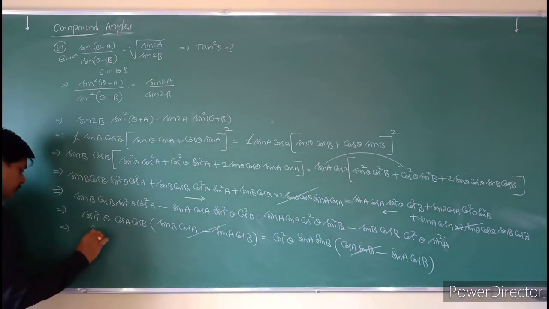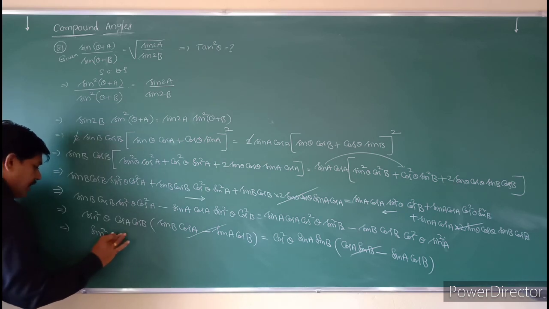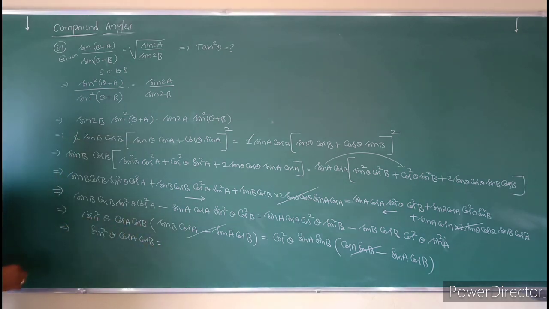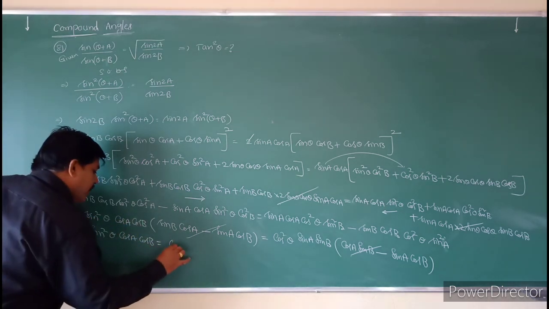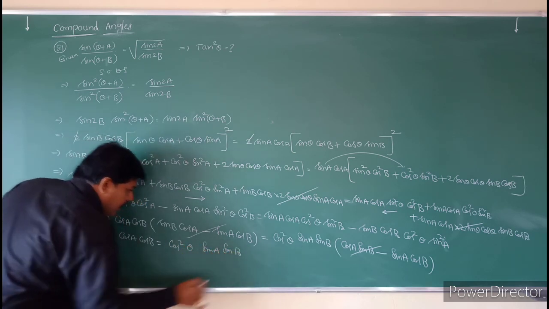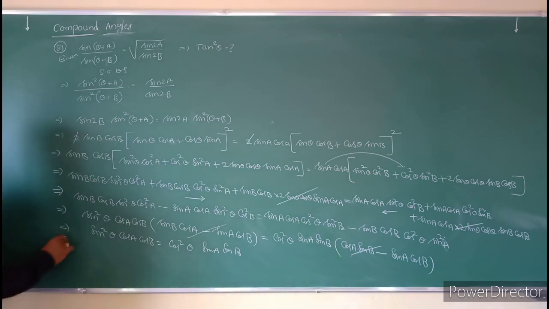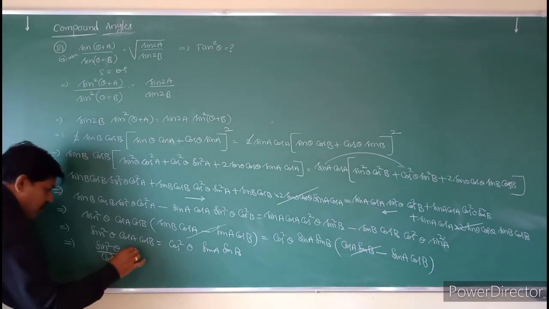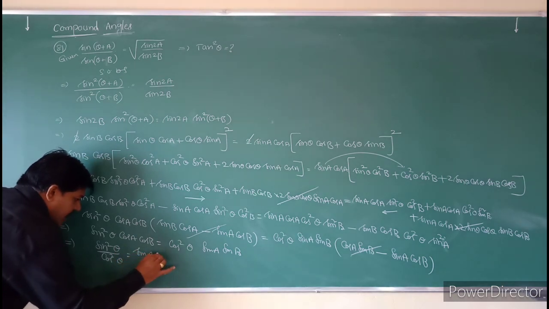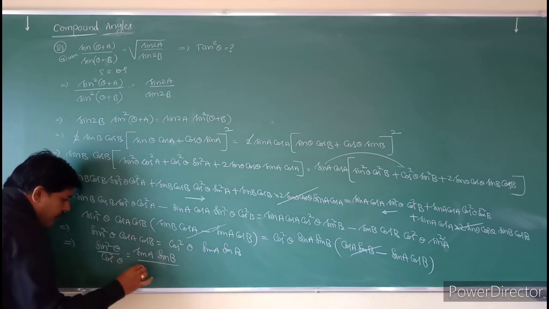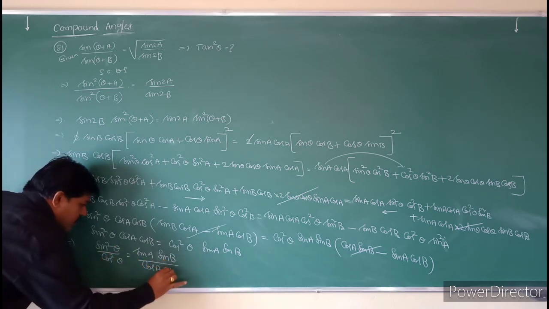sin square theta into cos A cos B is equal to cos square theta into sin A sin B. So from this we will take that implies sin square theta by cos square theta is equal to sin A into sin B by cos A into cos B,